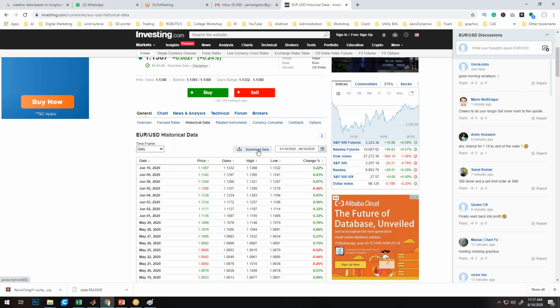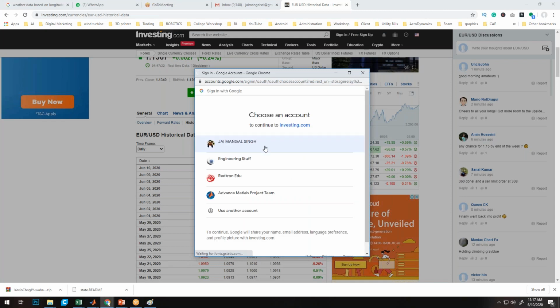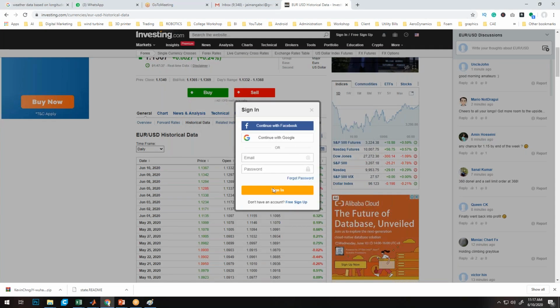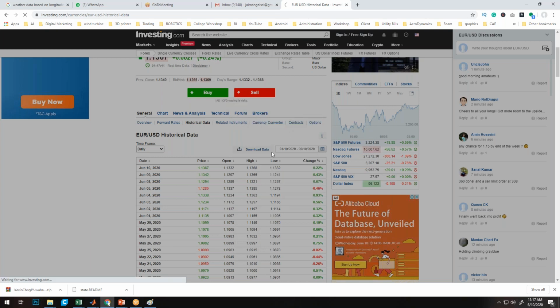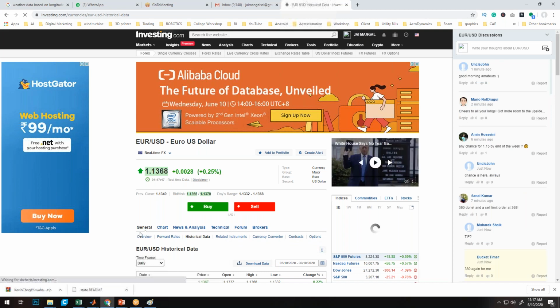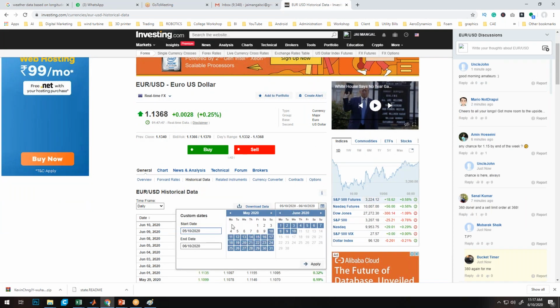It will give you a download link on which, if you click, continue with Gmail. I have to do it once again. I click on this again.